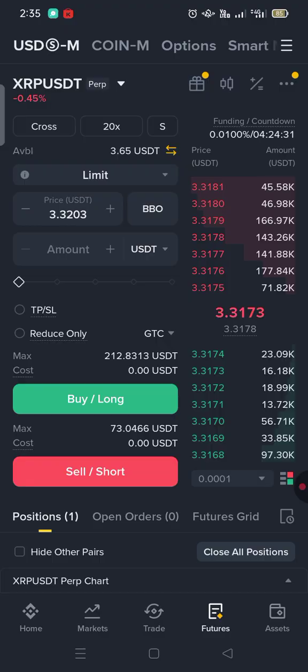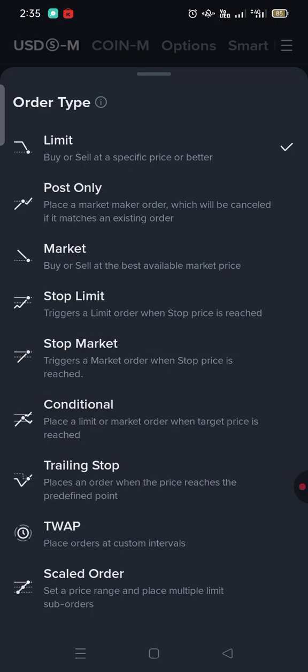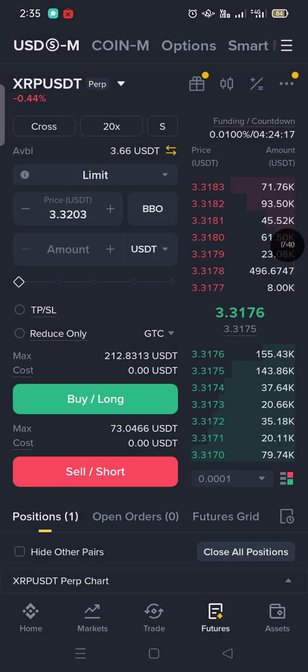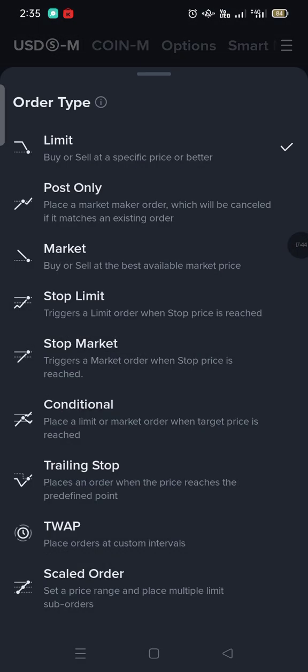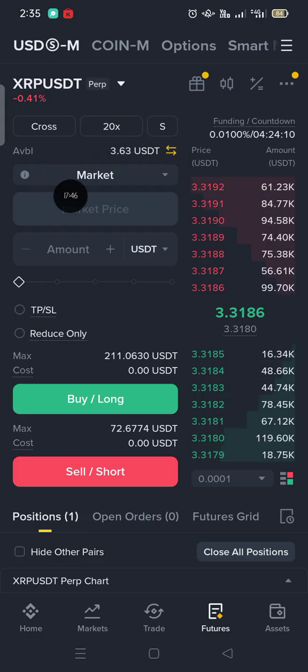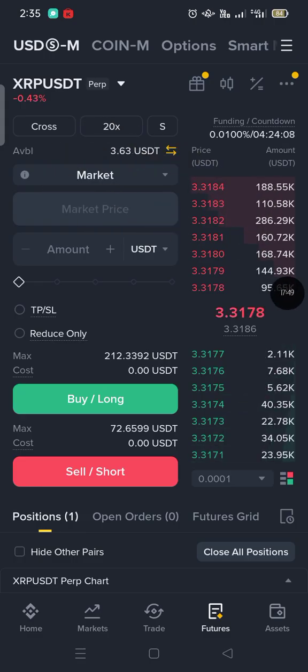When you go to the limit, we have different options. You can put limit, you can put post only, you can go to the market, and everything is explained. Okay, you can put market. So when you want to buy at the immediate price at that time, you go with market price. Like if you want to go with the market price, just tap on it, then it will come here, market price. So after putting everything, you're gonna just click on sell or buy. Okay guys,